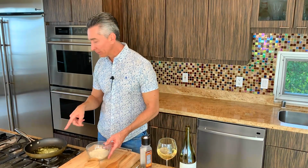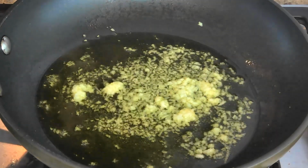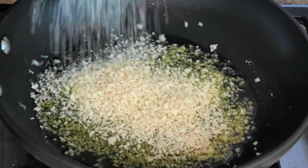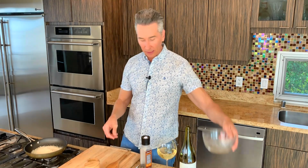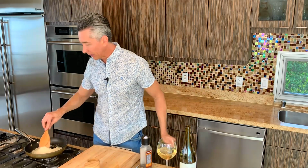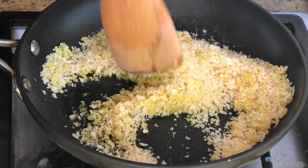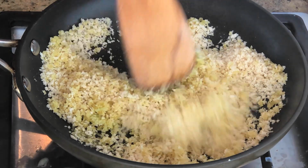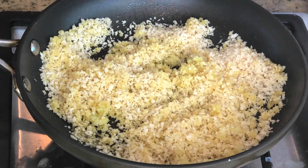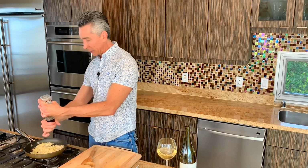Now we're just going to do an easy panko topping. Here in the pan I have some olive oil and some garlic. I started the garlic in the olive oil while it was cold. Now I brought it up to a simmer because I wanted to infuse all the flavors of the garlic into the panko. So I want to give a little bit of flavor to the panko instead of just plain old boring panko, right? So with the panko, we'll just do a little bit of cracked black pepper and some salt on it,